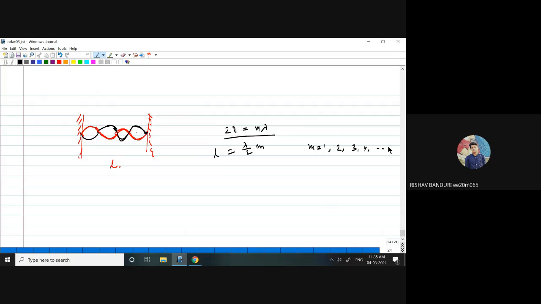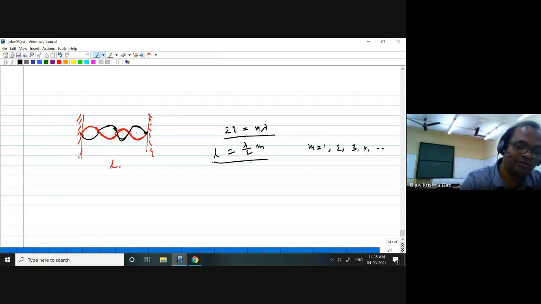This is a standing wave. Yes, a standing wave. So if the length is just lambda by 2, then that wavelength will be resonating, and a standing wave will be created, something like this. It is going and coming back. This is lambda by 2, and then you can go for one more lambda by 2, and so on. That will be the condition for the standing wave, right?